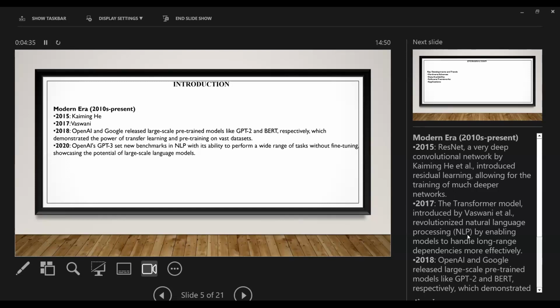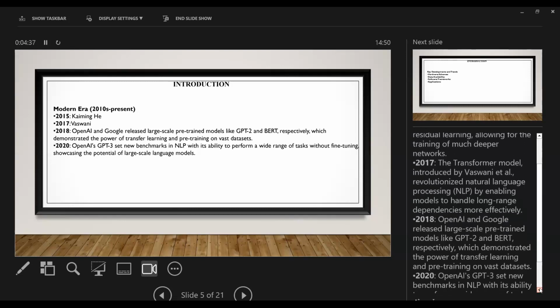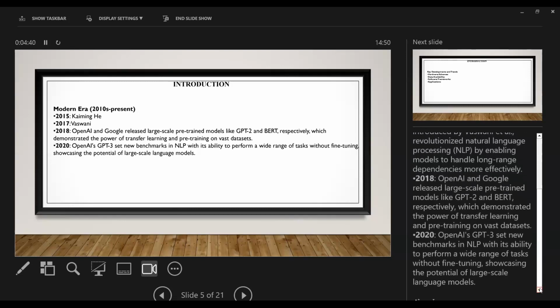In 2018, OpenAI and Google released large-scale pre-trained models like GPT-2 and BERT, respectively, which demonstrated the power of transfer learning and pre-training on vast datasets. And in 2020, OpenAI's GPT-3 set new benchmarks in NLP, with the ability to perform a wide range of tasks without fine-tuning, showcasing the potential of large-scale language models.